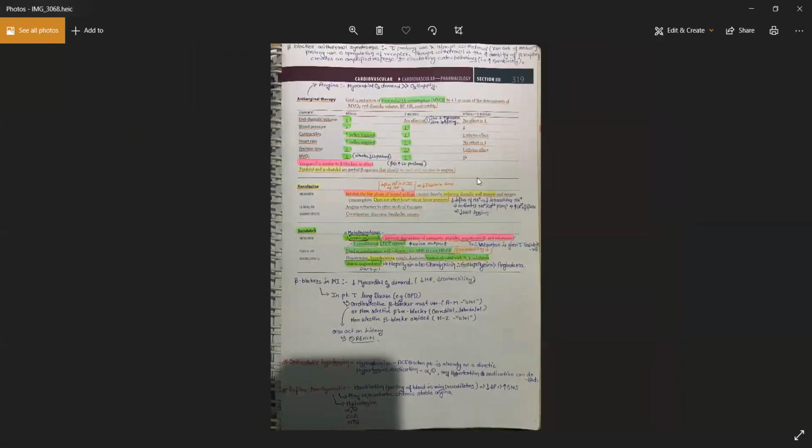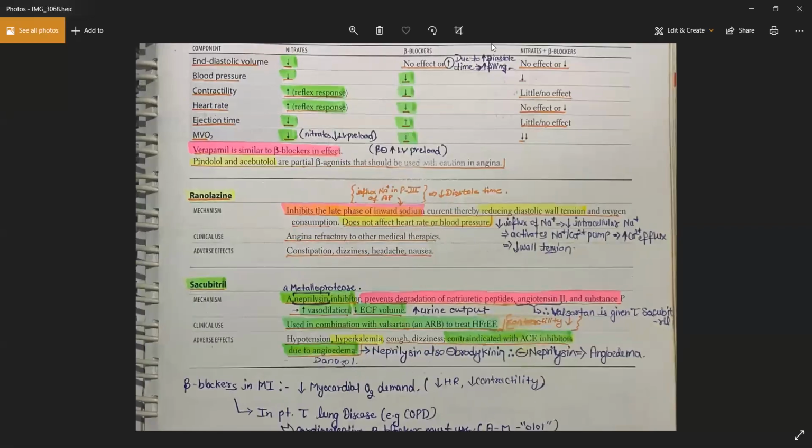So any doubt on this page? Can you repeat? I'm not understanding the use of sacubitril. See,